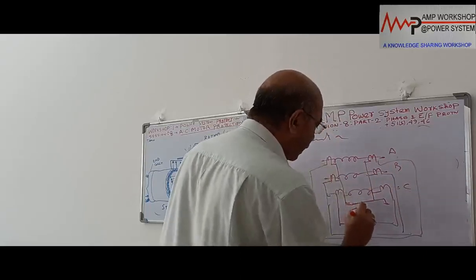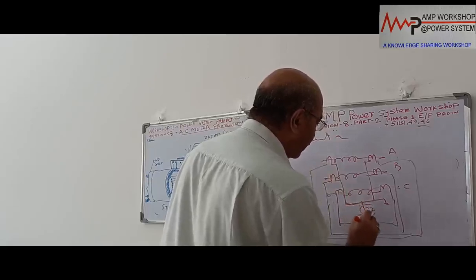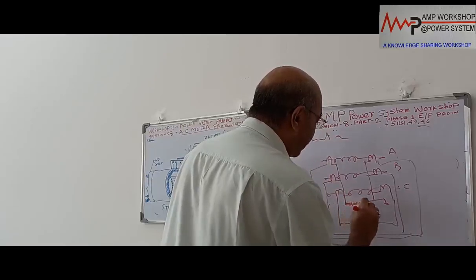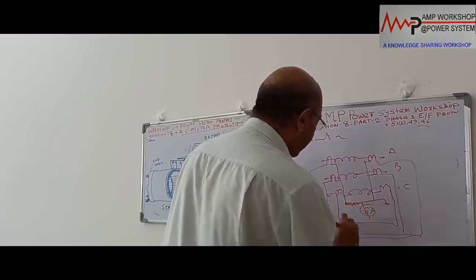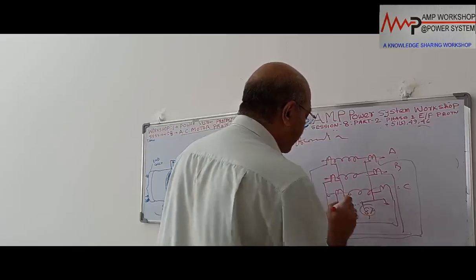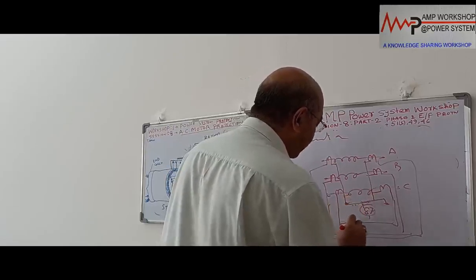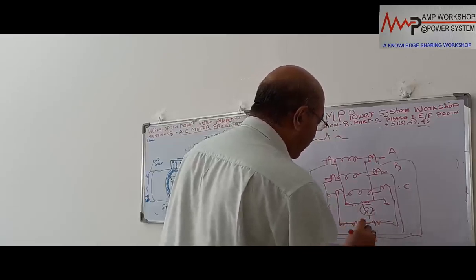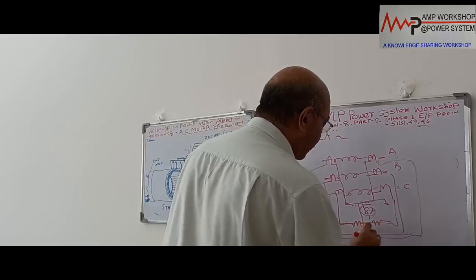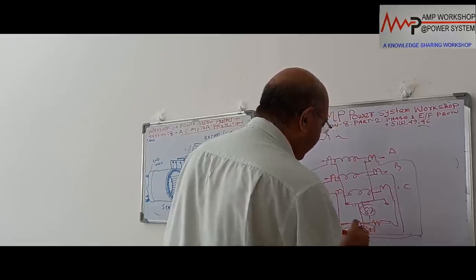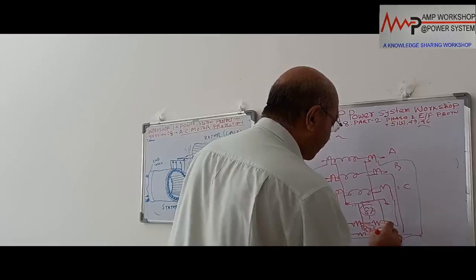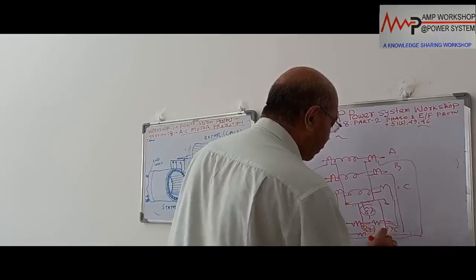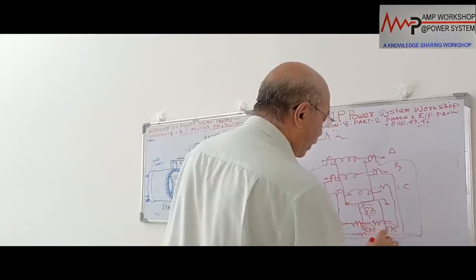Now this relay will be connected over here. 87 differential relay. There will be a restraining coil over here, in this phase. This is A phase. It is a neutral point. So for A phase, there will be a restraining coil over here for restraining. Similarly, here will be restraining. B phase will be connected over here, 87B, and 87C will be connected over here, and there will be a restraining coil over here.